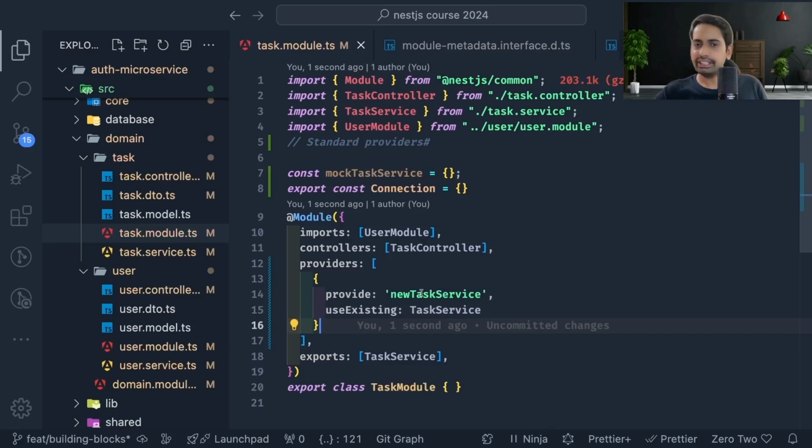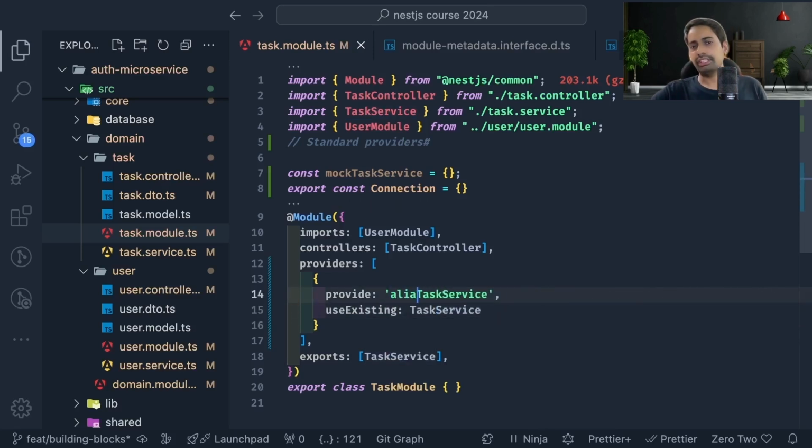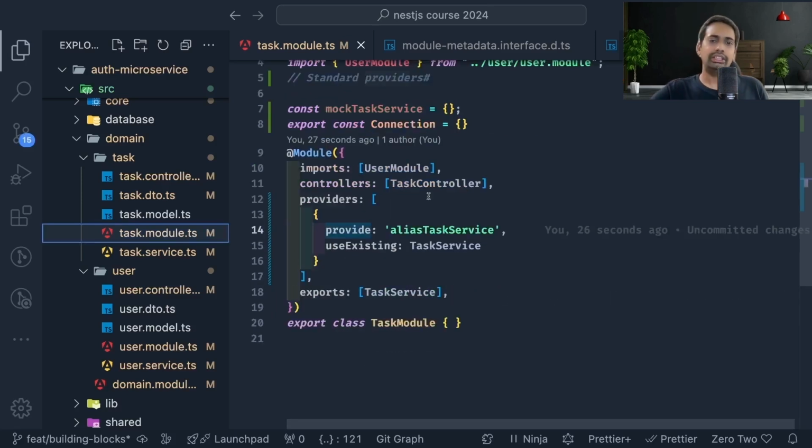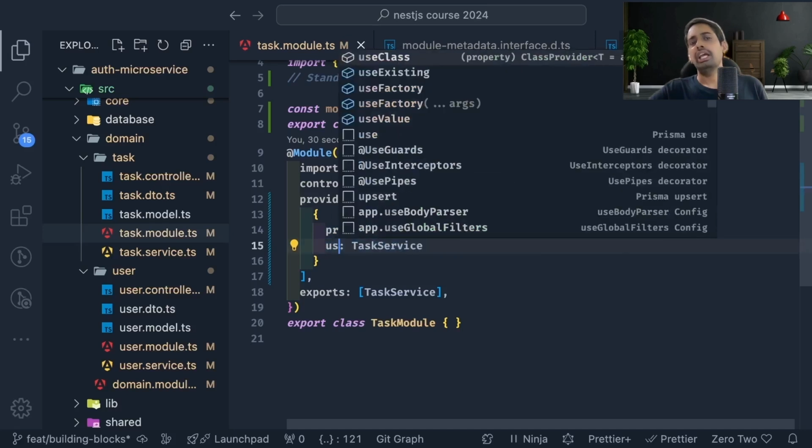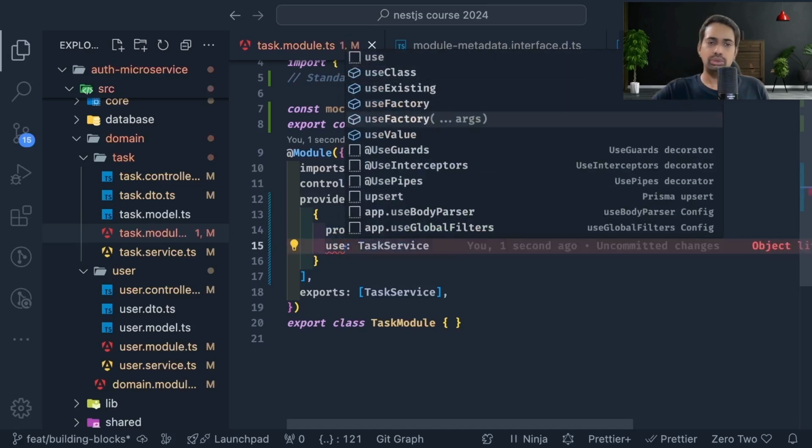तो आप एक existing class है उसका आपको न्यू रीडिफाइन करना है इंस्टेंस नेम को, and it will be altogether a different instance. And you can also use use existing, so it will create a new instance of that. Now next thing is the providers or the factory providers. So it can be anything like an alias, create an alias of task, alias task service, and then you can inject that service anywhere, wherever you want to use it.